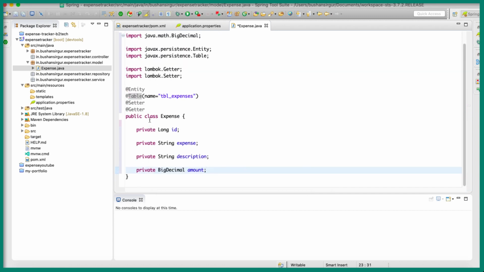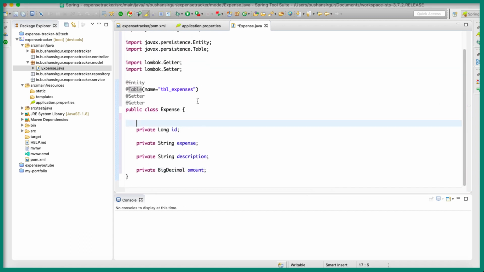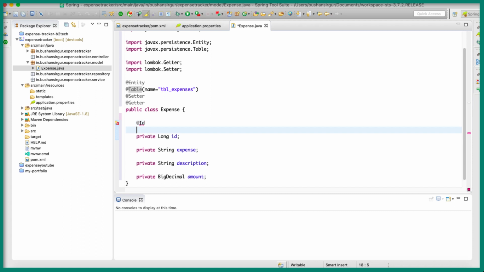We need to add a few more annotations for the ID, which is @Id, because this is our primary key. We also have to make it auto generated.